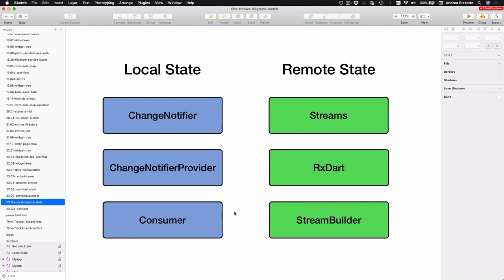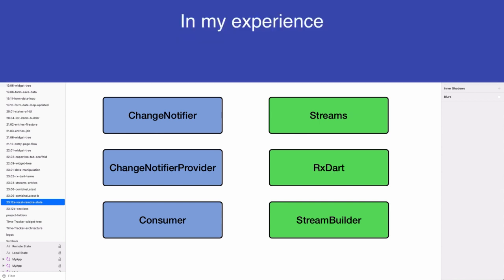On the other hand, when we use Firestore, we work with asynchronous APIs that are based on futures and streams. And when presenting data from Firestore, it was easiest to use stream builders, which would take input streams coming directly from Firestore or generated as a combination of streams with RxDart. So you may be wondering if you should be using models with change notifier or the stream APIs when building your apps. And while I don't have a definitive answer, I can tell you what has been working well for